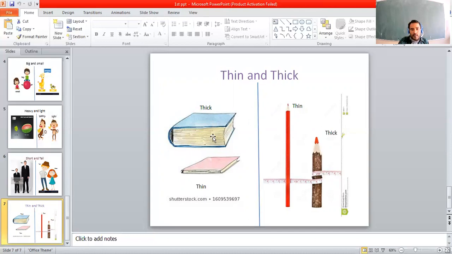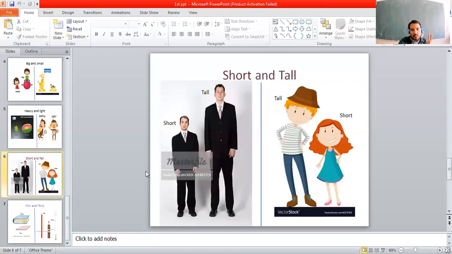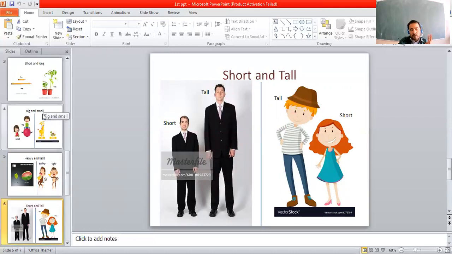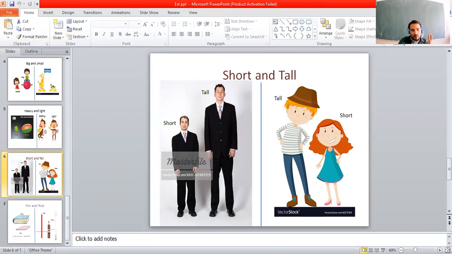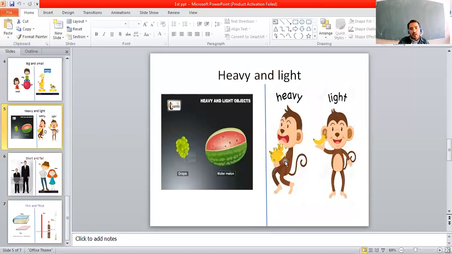Today, in the first page of the book, the revised concepts in the question are big and small, thick and thin. Look at this. We have to see short and long, big and small, heavy and light, short and tall, and thick and thin. We can also consider one and many. One apple and many apples. One banana and many bananas are there. The concept is the same. Observe that.